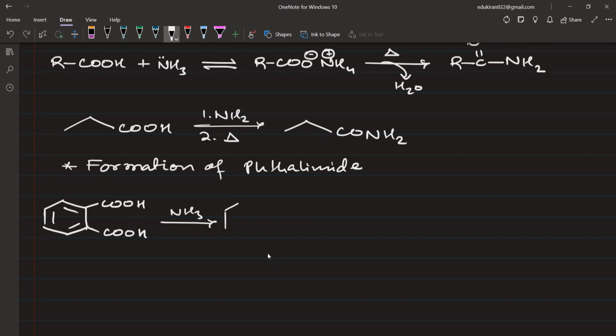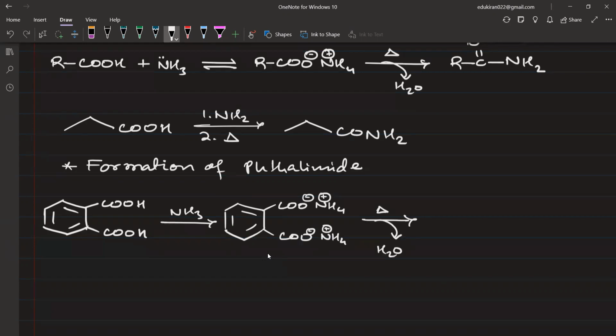That is the benzene ring, COO negative, NH4 positive, COO negative, NH4 positive. And once you heat it, water will be liberated and you will get amide in both the cases. This will convert to CONH2,